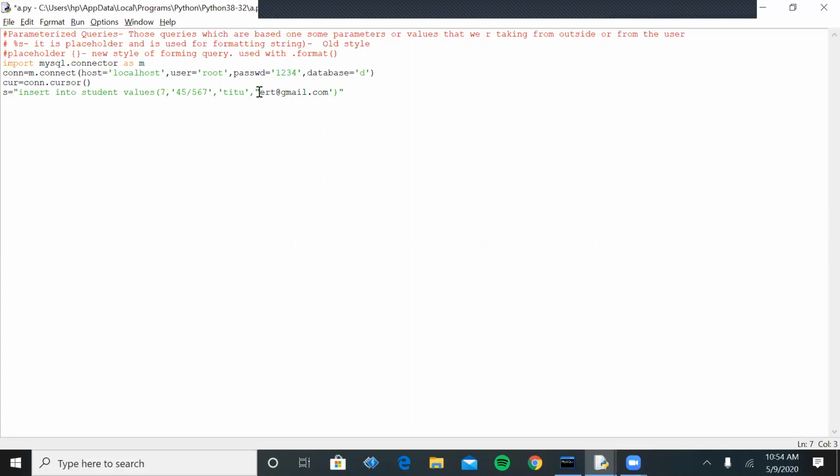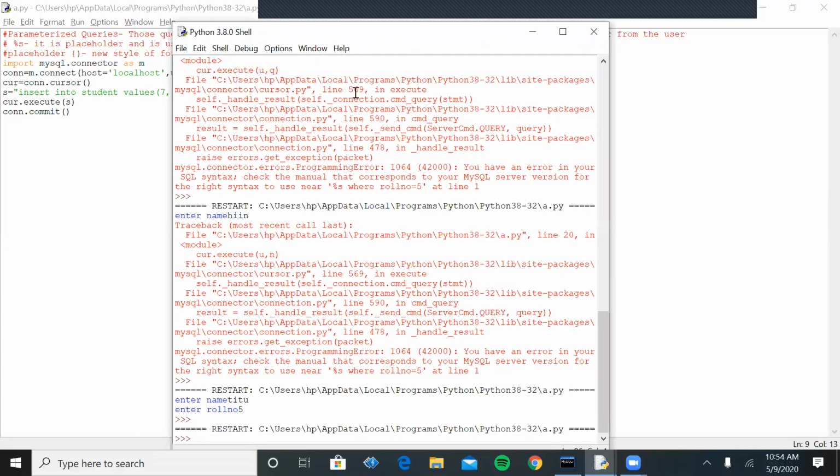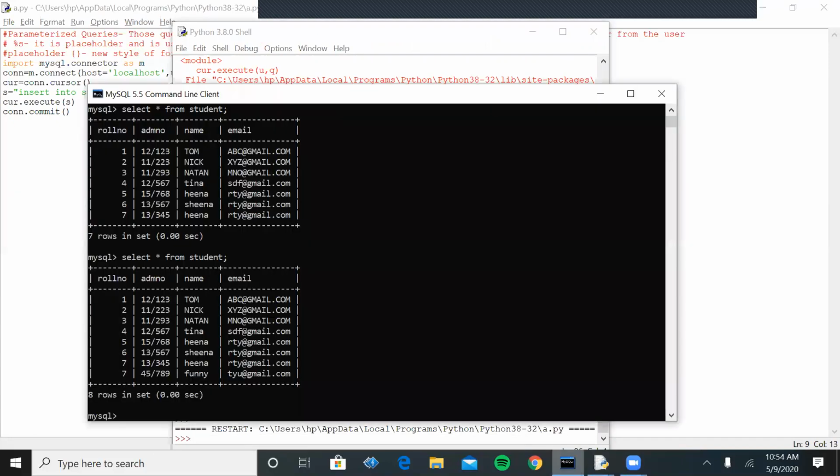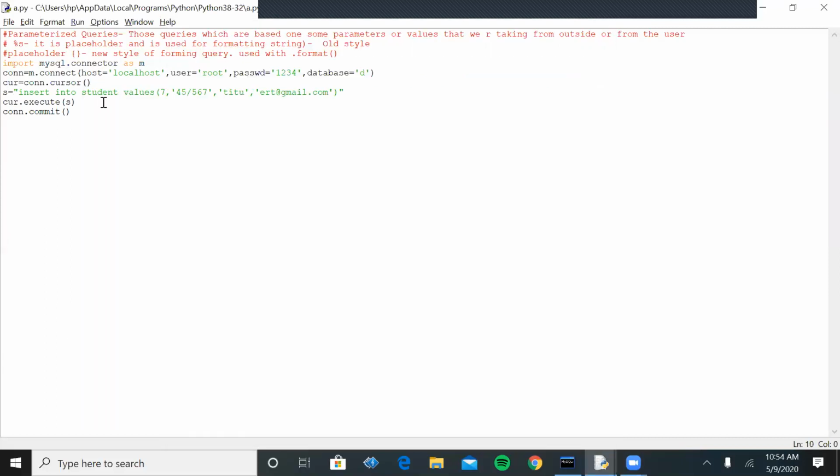If you have intermediate values, you have to specify them in single quotes. When I execute this command, you can see it will take that value. Successfully it has been executed. Now you can see here that it has been successfully executed.